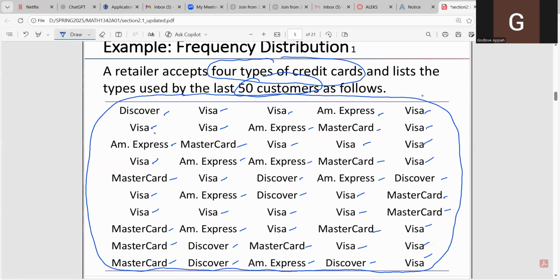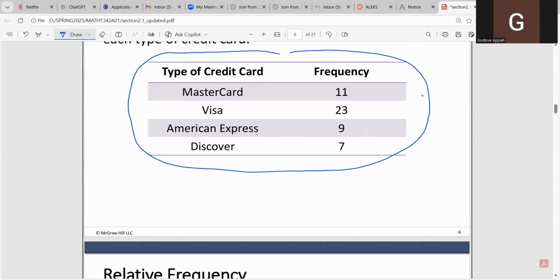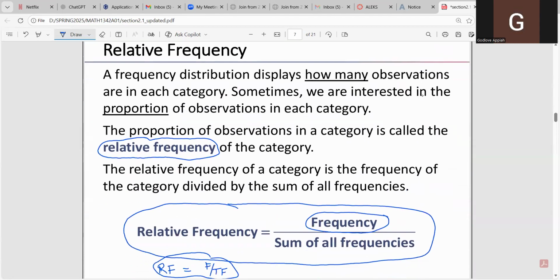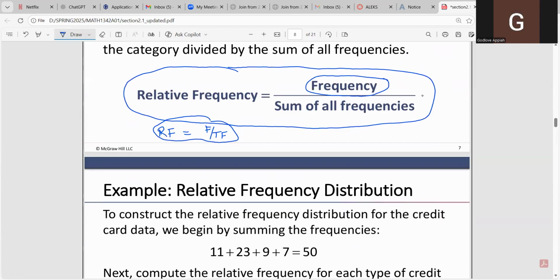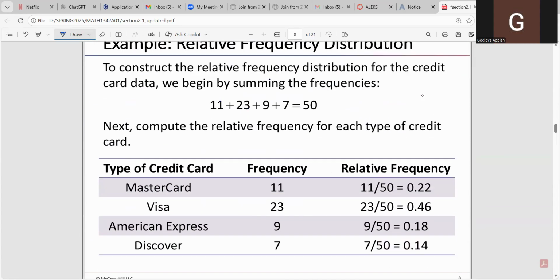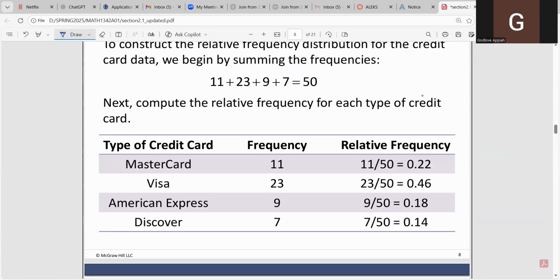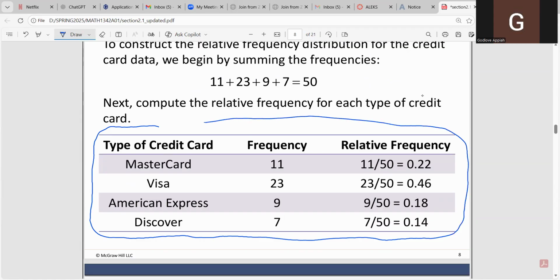Great. All right. So that is a relative frequency distribution table. So that tells us the proportion of observations that fall within each category. So that is a table right here. By the way, I have already posted this lecture notes in Canvas. You should have these notes in Canvas. And also, this lecture is being recorded. I'm going to post it in Canvas after this lecture. So you should have access to the recording anytime. All right. So this is a relative frequency distribution for these data sets.